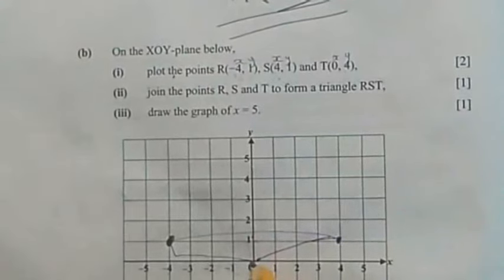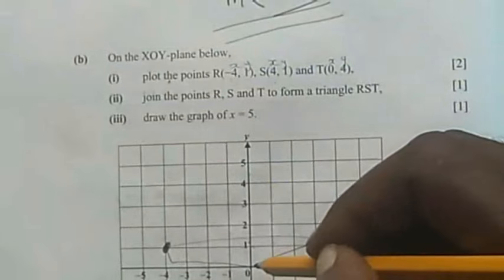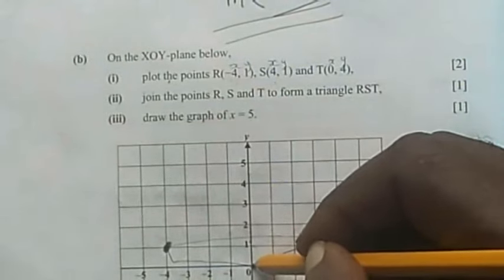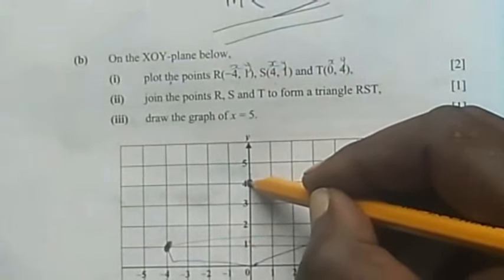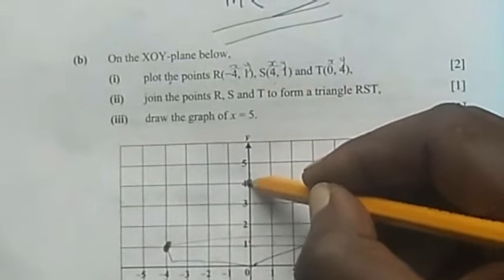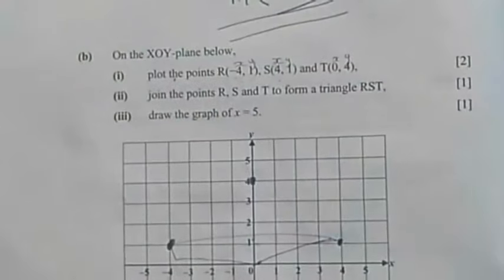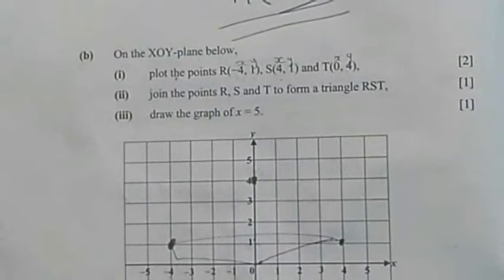0, 4, it's 0 on the x-axis, then the y-axis will be 4. This is the x-axis, then the y-axis should be here, so it's going to be here on 4. Okay, that is 0, 4, it's here on this point. Then what we need to do is join these lines. Let me just get